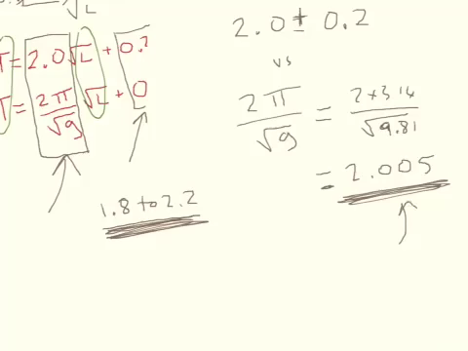the same number of significant figures as my experimental data shows, then we're right there. We're bang on there. So 2.0. We can even just cross that out to show the rounding. Okay. So that gives me a lot of confidence in the accuracy of my data and the accuracy of that equation, the t equals 2 pi over square root g times square root l, as a suitable equation to model